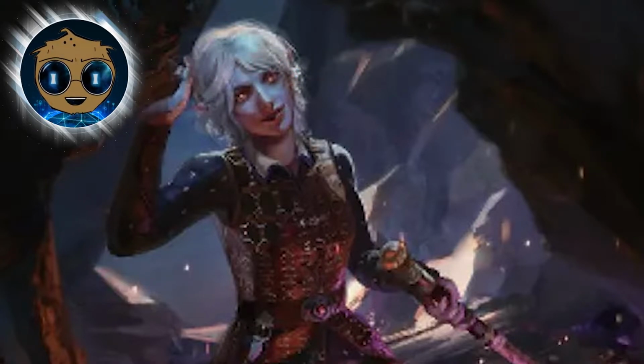Okay, today we're talking about Minthara, Merciless Soul. The idea behind this deck is to go wide with a slew of huge life-leaking tokens, making your opponents very